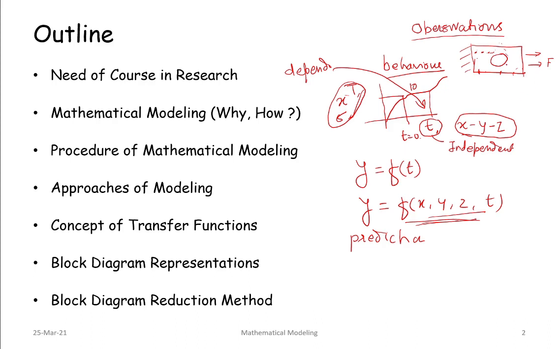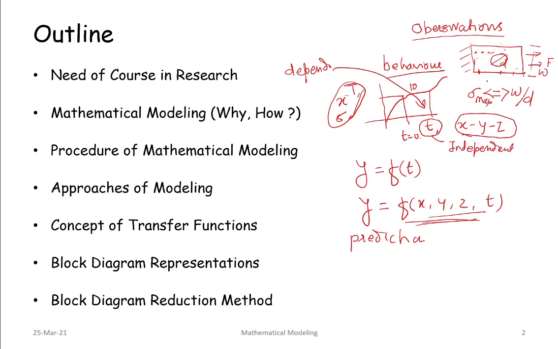Now I can do one thing. This is my diameter D, and this is my width W. I will have a W by D ratio, determine the maximum stress, and then try to correlate these things. If the W by D ratio is 1 or less than 1, what will my stress value be? Based on that I will predict, and later I can determine the stress concentration. So these are the ways in which mathematical equations are used.